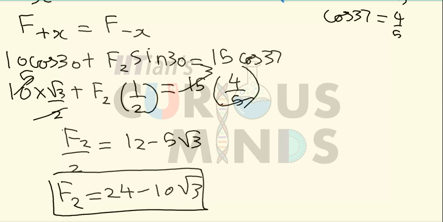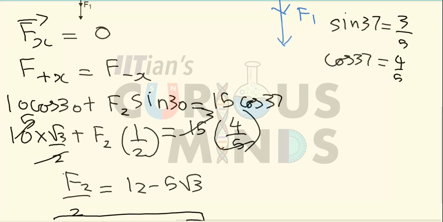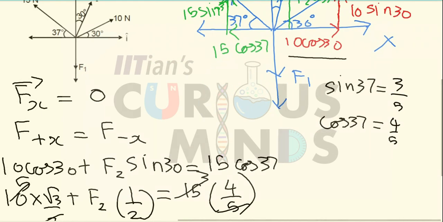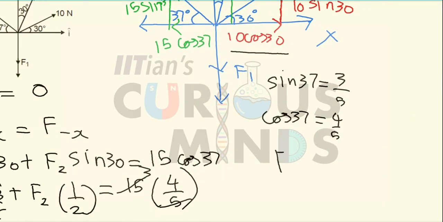Okay. Before we proceed with the unit vectors of F1 and F2, we have to express certain unit vectors of F1 and F2. Before we do that, let us first find out the value of F1. Similar to what we did earlier, that is the total force along the x-axis is equal to 0, we will use the same formula that the total force along the y-axis is also equal to 0.